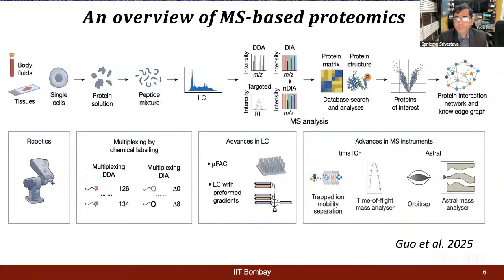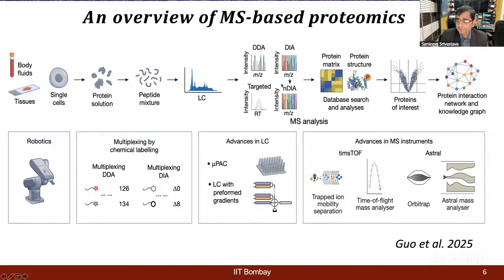Now, I'll just walk you through briefly what we do in various types of mass spectrometry-based proteomics applications, irrespective of your sample type, whether you start with a tissue sample, FFPE sample, or you take body fluids, cerebrospinal fluid, blood, any kind of samples or saliva. Initially, the goal is to look at the global proteome or the deep proteome analysis of every single protein present in a given sample. Or now there is a new emphasis to look at even single cells to avoid the heterogeneity of the disease and cancer. But can we first look at all the proteins extracted from those samples, digest those proteins to make peptides, separate those peptides using liquid chromatography,